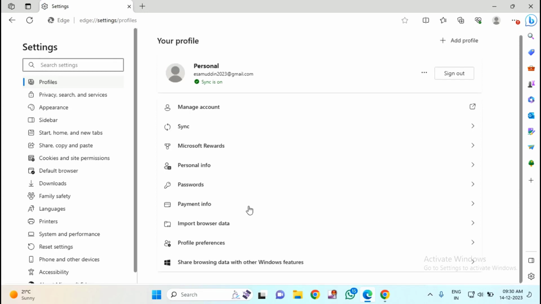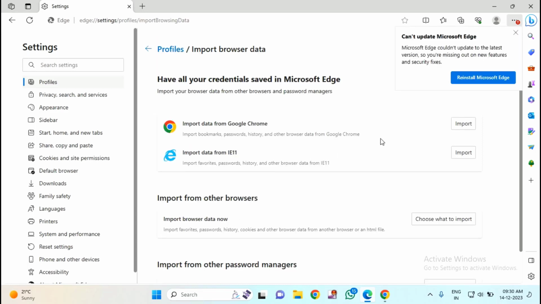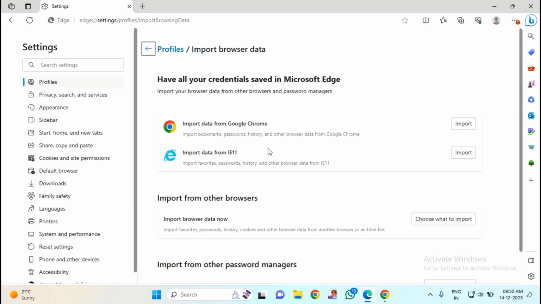In right side you can see here import browser data. You just need to click on this. Here you will find the browser which you have installed like Google Chrome, Microsoft Edge and your Mozilla Firefox. Suppose if you want to import the saved password from your Google Chrome, just click on import